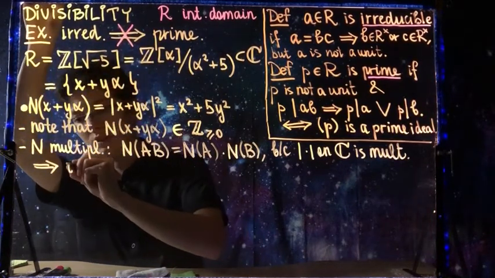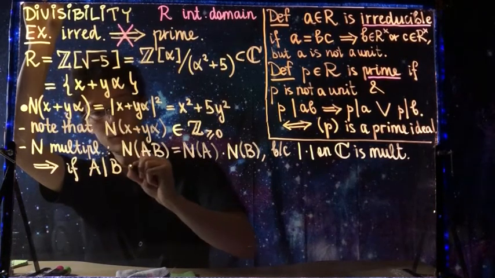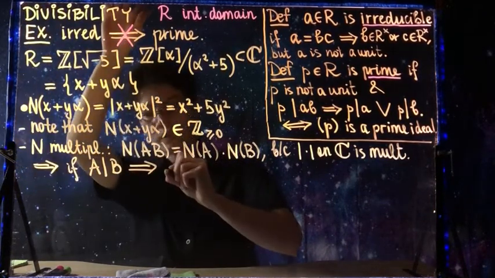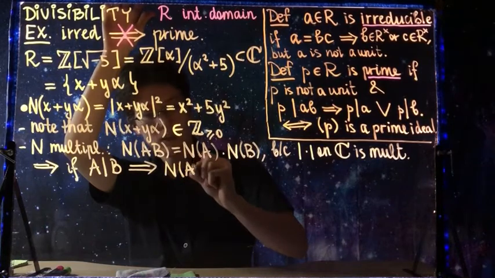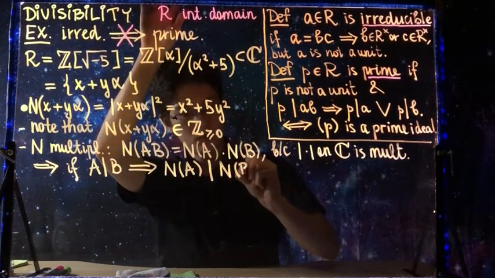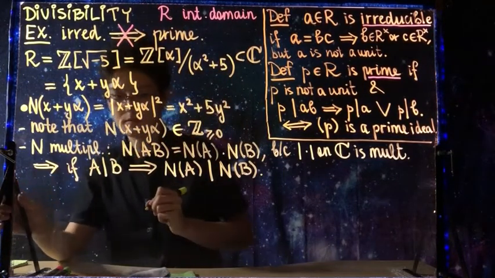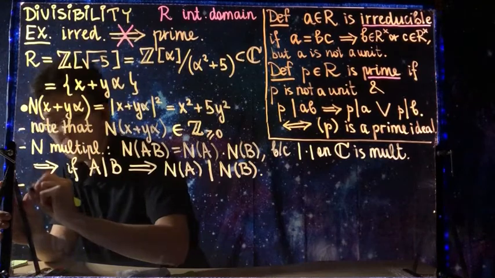Therefore, if A divides B, then the norm of A divides the norm of B as integers. Moreover, if